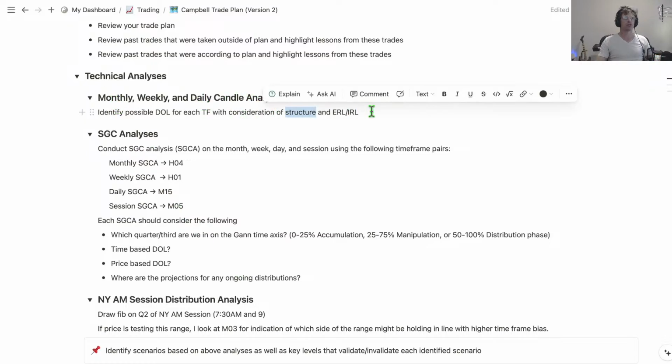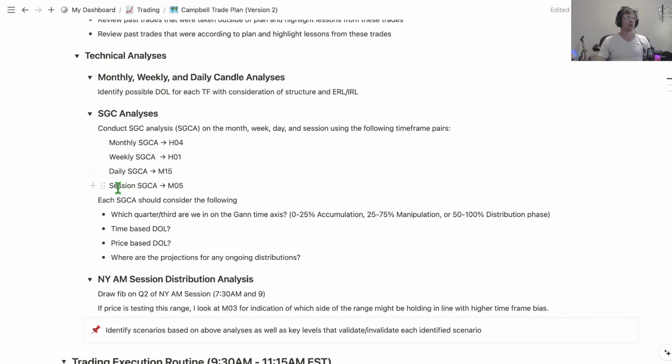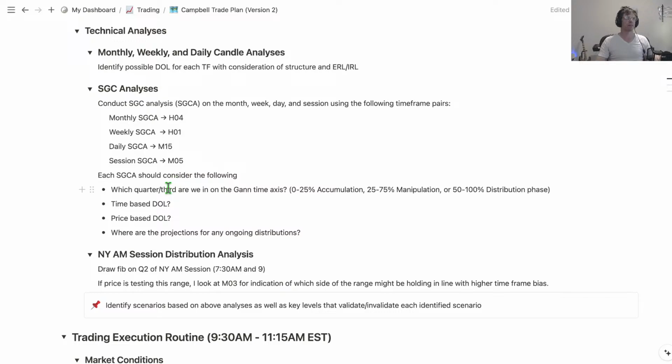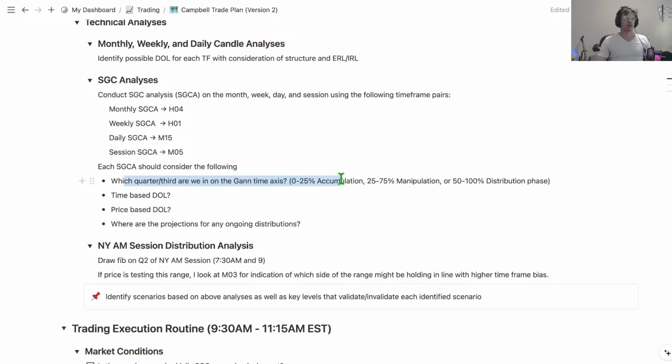Just looking at structure and ERL, IRL. Arguably, I do that for 4 hour, 1 hour, 15 minute, 5 minute as well, but I view those in the light of this thing called Smart Gain Concepts. And so the 4 hours looking at the monthly, hour at weekly, 15 at daily, and 5 at the session. And what the GAN concepts does is it splits the